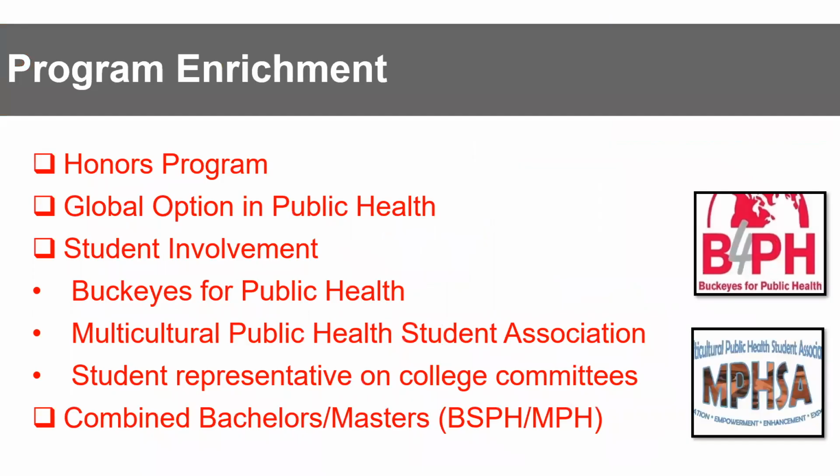And just to wrap up a little bit more about our options for undergraduate students, separate of the application majors, the major that you're applying to tonight, we do have some enhancements to your degree. I did want to put a plug in for our honors program here at the College of Public Health. Students that are here at Ohio State and have at least 15 credit hours and a 3.4 GPA could apply for honors here. And you can actually be a pre-major or a major, or accepted to the major, I should say, to be considered for that.